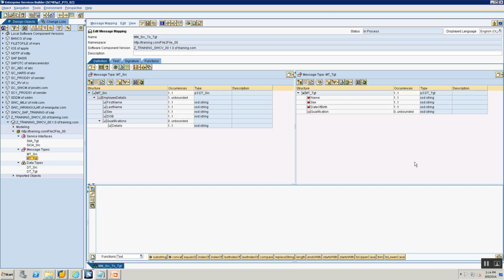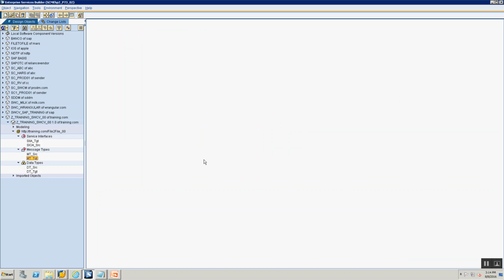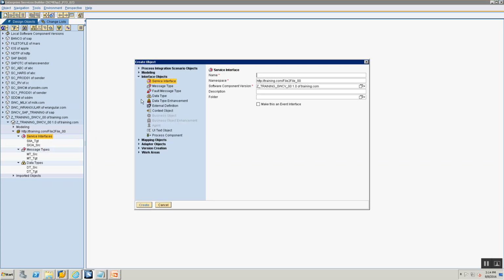Let's do it one more time. Cool. I'm not going to save this. It's going to ask me, do you want to save? I say no. So how do I define a message type? I right click, I say new. I go to mapping objects. I select message mapping and I give the name for my mapping, mm underscore src underscore 2 underscore target. I say create,